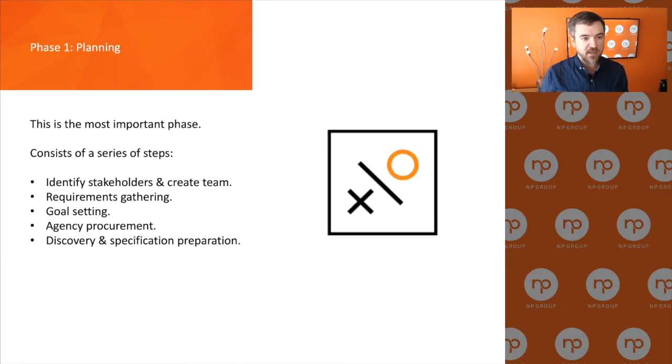So let me go to the next slide here. Phase one, planning. I consider this the most important phase. There's a series of steps that I'm going to go through for phase one, and I've separated out the slides for this one. I'm trying to keep these webinars with a minimal amount of slides because it's boring, I know. But I broke out each one of these steps because this is so important and this lays the foundation for